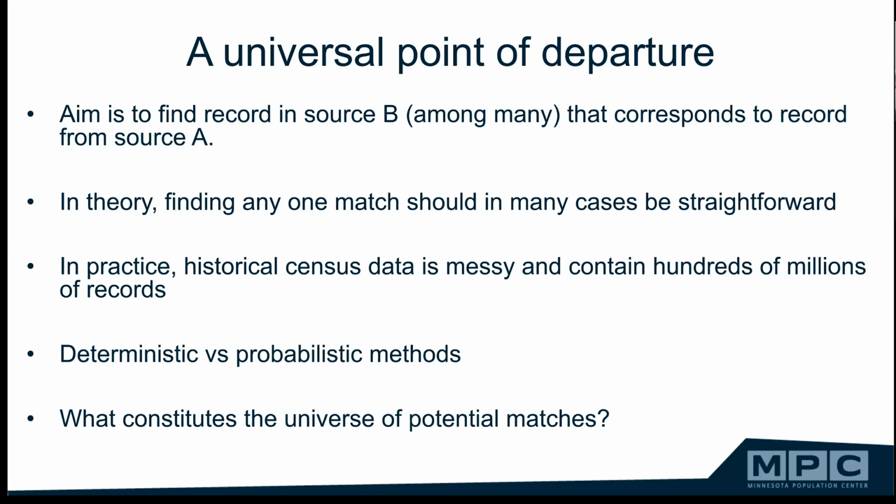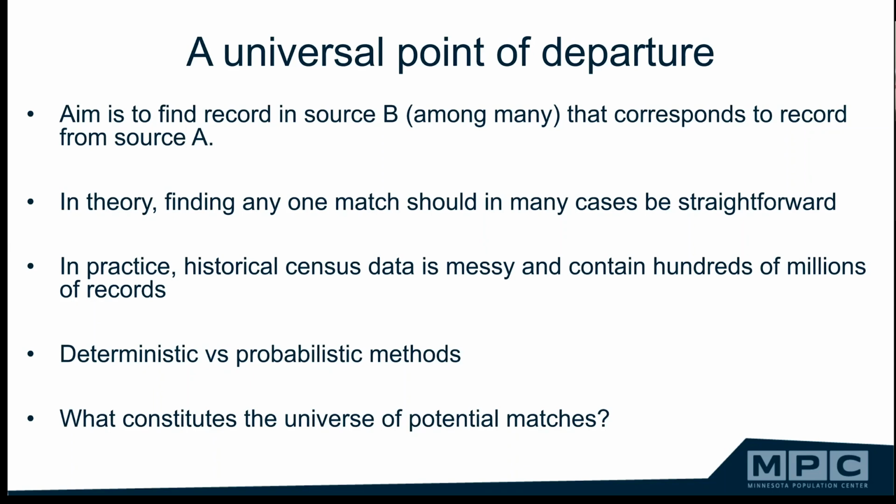This may sound like a strange way to talk about it at this very basic level, but it's still important because it highlights that, at least in theory, you need to figure out how to limit who you are comparing. Among whom are you trying to find the person that you're linking? Now, a lot of people, maybe some of you, have spent some time doing genealogy, trying to find your distant relatives.